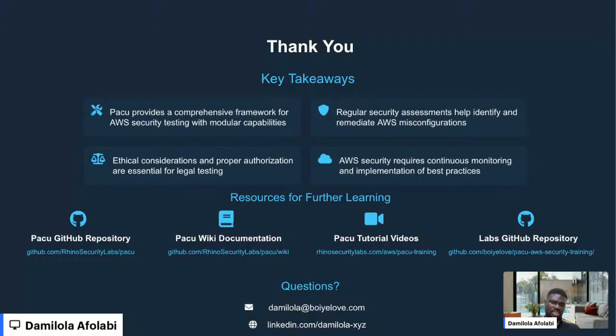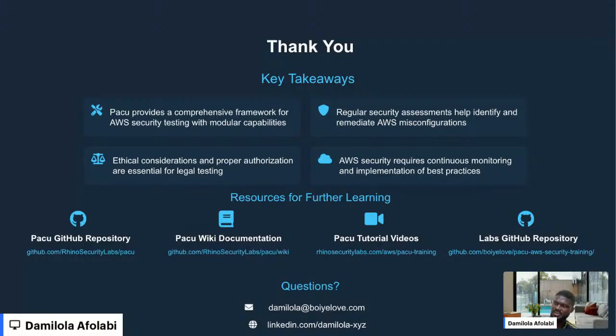Finally, if you're interested in learning more, I highly recommend checking out the Pacu GitHub repository. It has a well documented wiki page, and the creators at Rhino Security Labs also have excellent security tutorials that walk you through how to use the